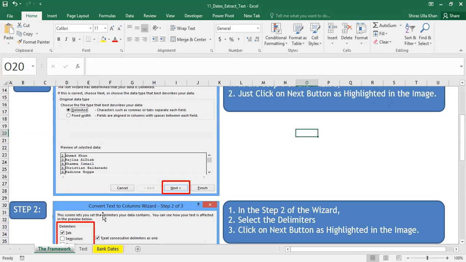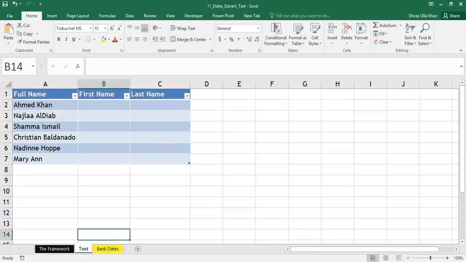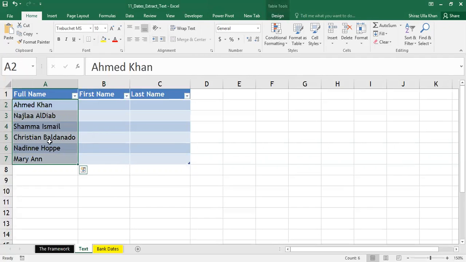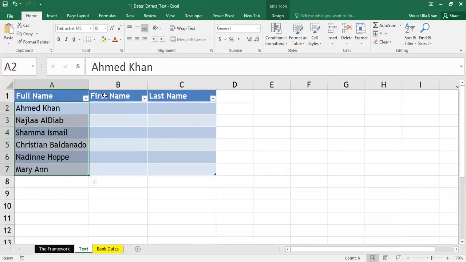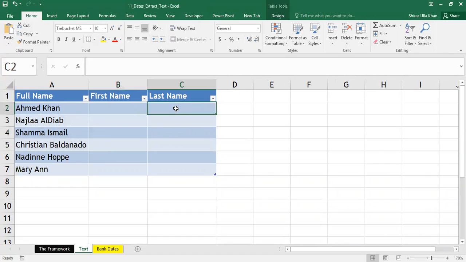But one important thing which I want to tell you, let me just go back to my text sheet, actual practical example. Okay, so people, I'm going to show you two practical examples. One, a practical example, as you see in my Excel sheet. Here, I have some text data. These are the full names of the people in column A, and in column B, I want to have only the first name, and in column C, I want to have the last name. So if I don't know this text to column utility, I have to manually type the first name and the last name, which is a manual task, and it is not an advisable task.